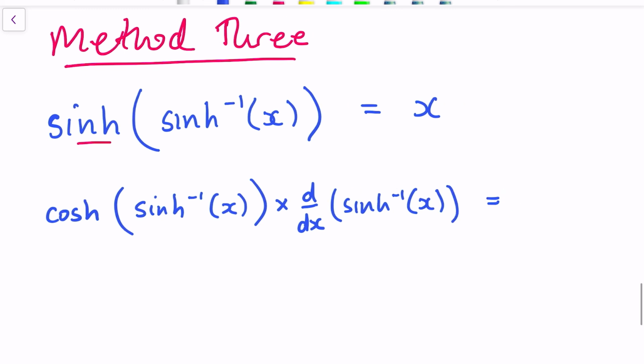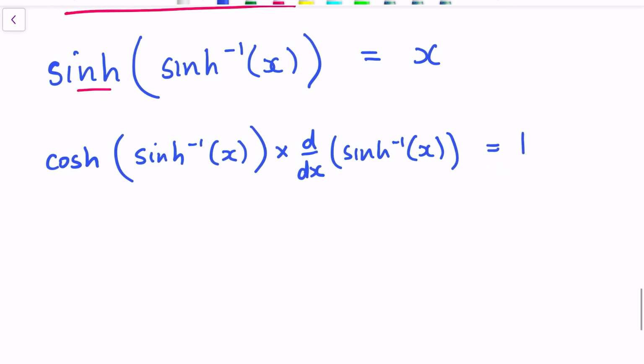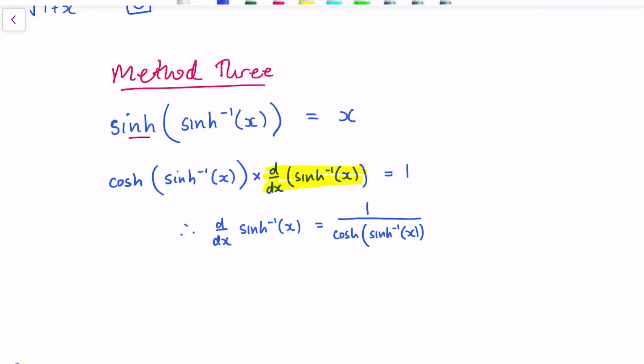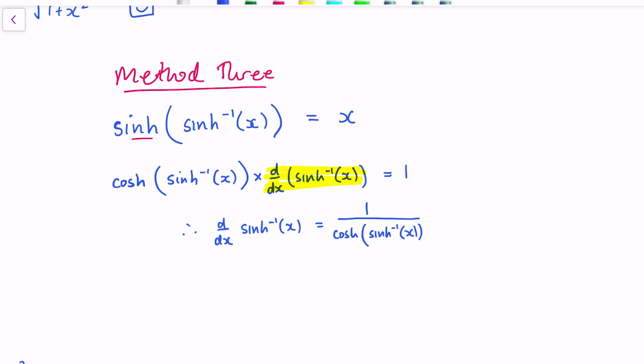And the right hand side diffs to 1. Okay, so this is the thing we're trying to find. So make that the subject of the formula. Equals 1 over cosh of inverse sinh, and that's actually the answer to the problem, but we need to prove that it equals 1 over